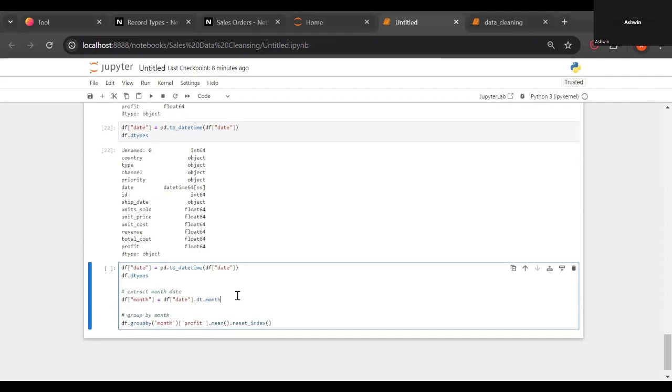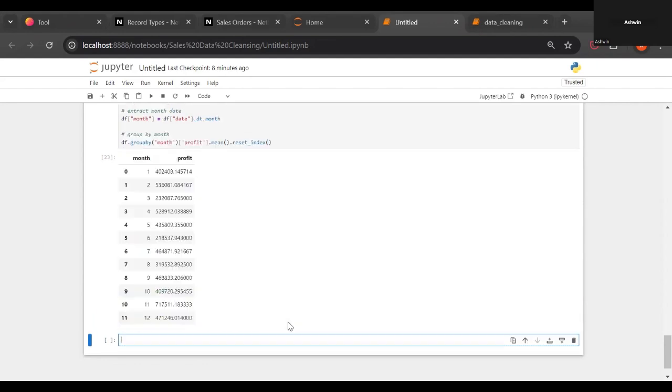Okay, so we have taken out the month, we have taken out the day, and now group by month. So in this way we can group by month. Now df dot group by month, profit sum, all this we can make it as pivot also,